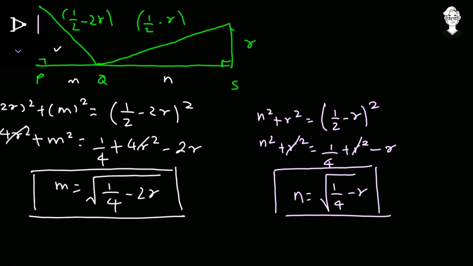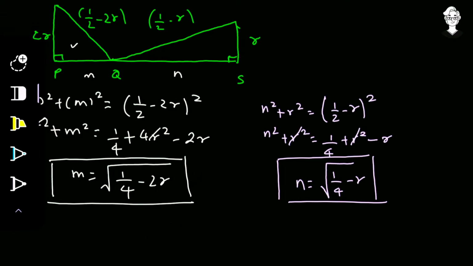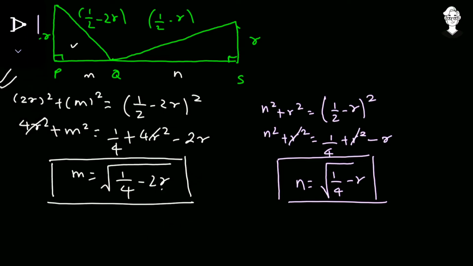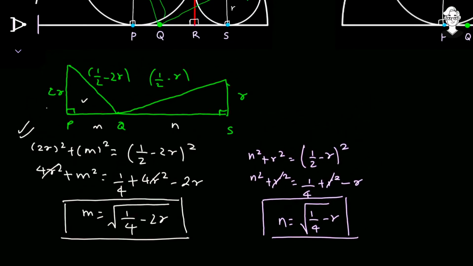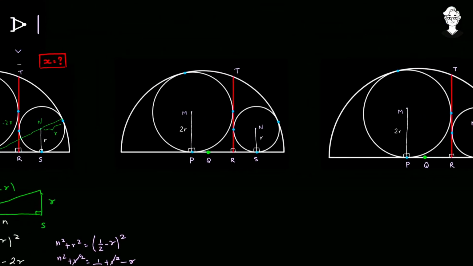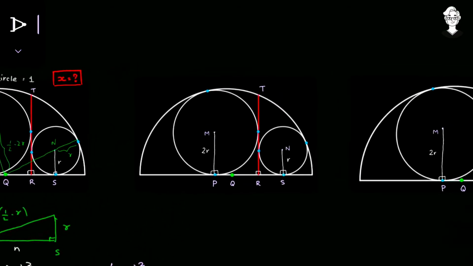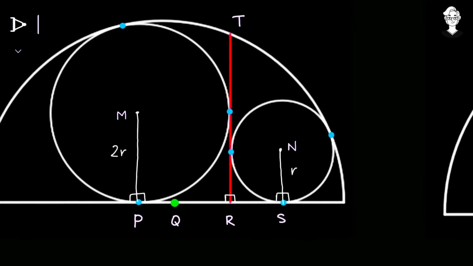Now what if we had a value for m plus n? If we find m plus n, we can put in the value of m plus n, so we can have an equation in only terms of r, the only variable. So we will be able to solve for the value of r. I've kept the second and third diagrams because there are three steps: the first step in the first one, the second step in the second one, and the final step in the third one, so it's very clear and it does not get messy.